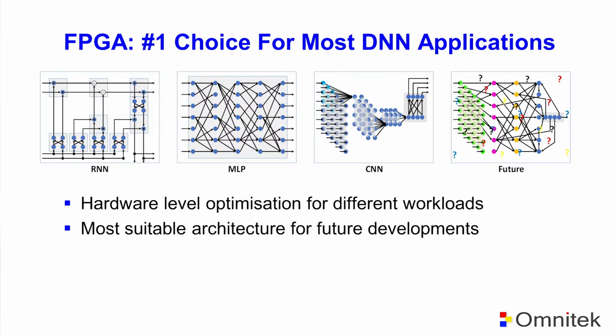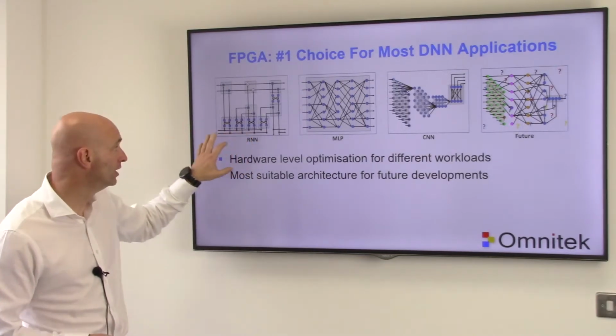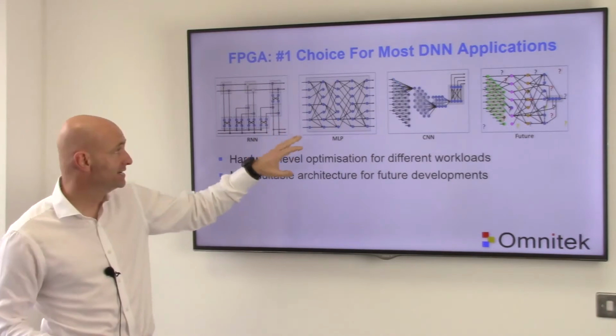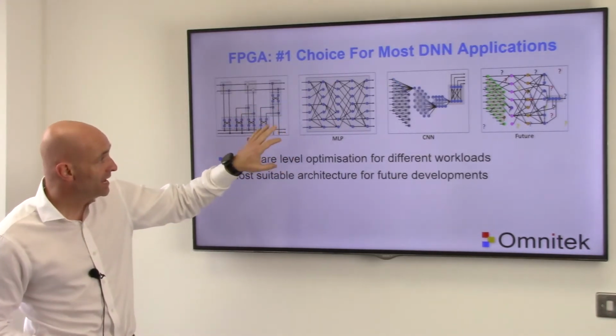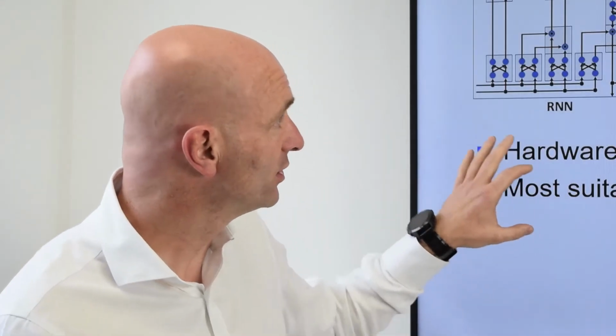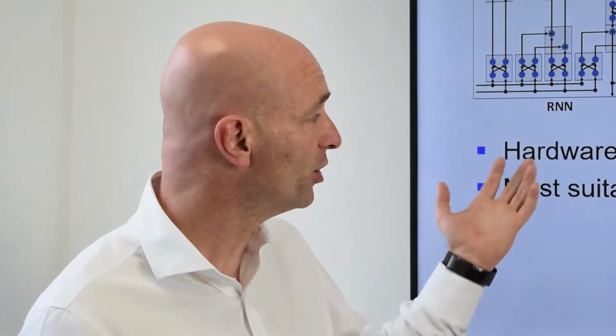So for example, here you can see in a schematic illustration three different types of neural networks. We've got RNNs here, which are typically used for temporal processing, speech type processing, MLPs, which are used for correlating relatively arbitrary inputs, and CNNs, which are generally used for image processing or processing of 2D arrays. As you can see from these illustrations, they have different wiring of neural networks. And we can take advantage of that in the FPGA and apply different processing techniques to produce optimum performance of